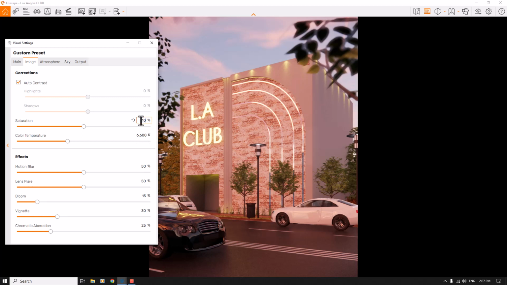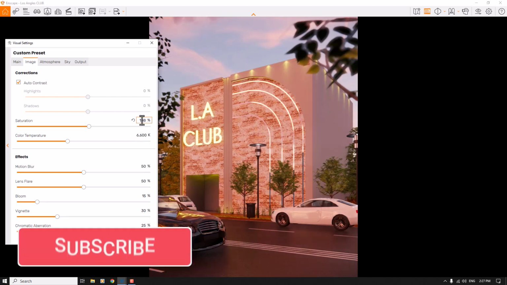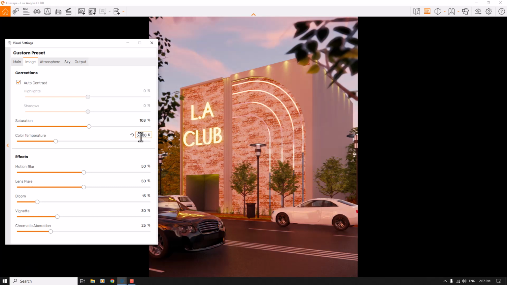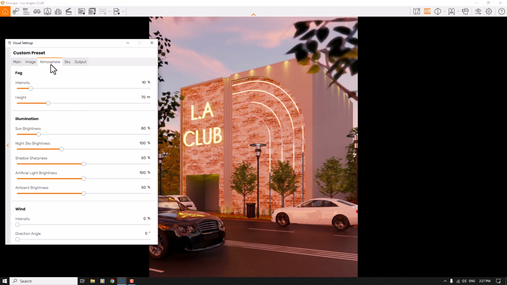little bit, about 108%. Color temperature is some number related to the 5400 candela, and motion blur is 0. Lens flare is some number about 34, and the bloom option is some number about 10%. I don't need vignette and chromatic aberration, so I'm going to turn it to the 0, and in atmosphere I'm